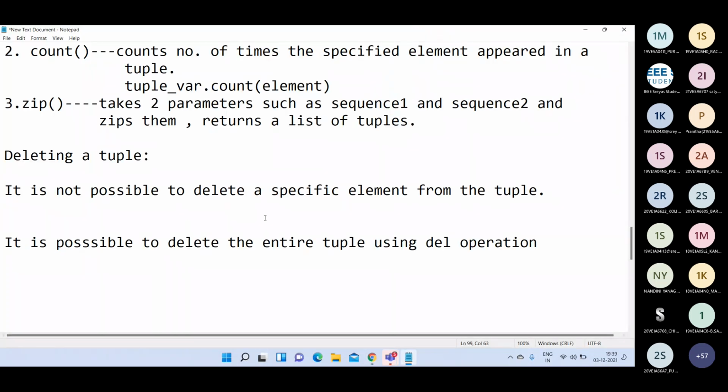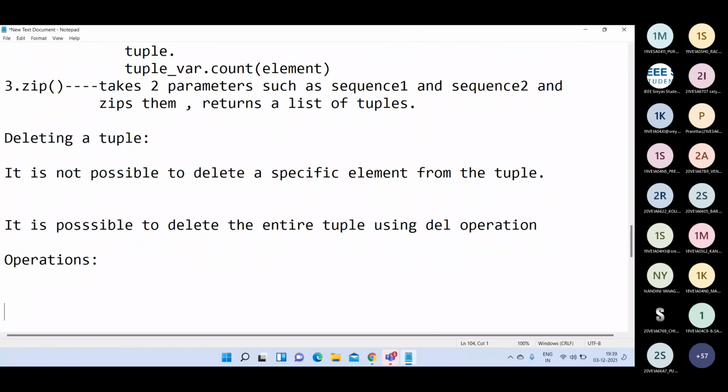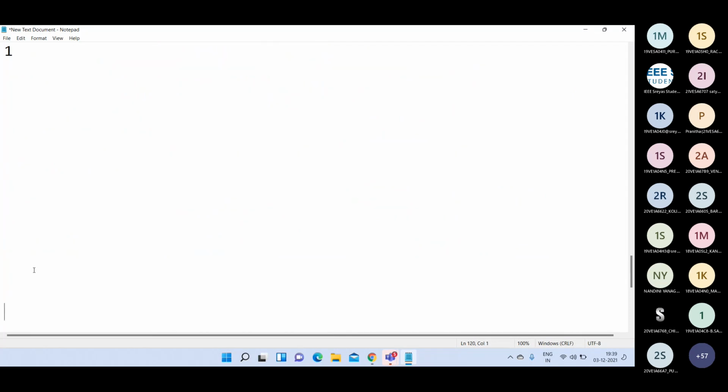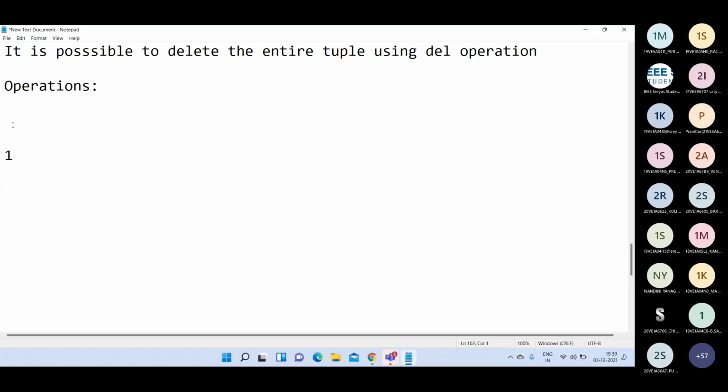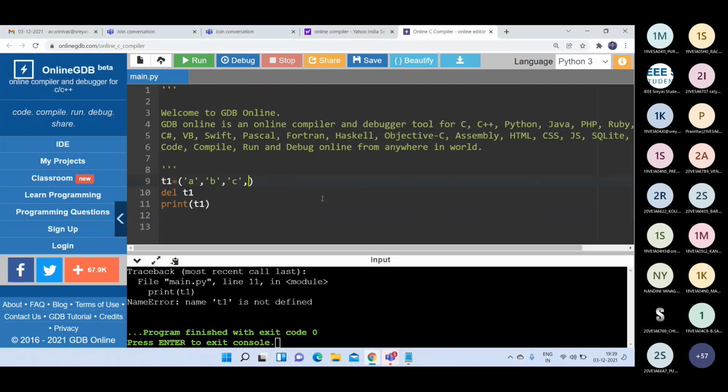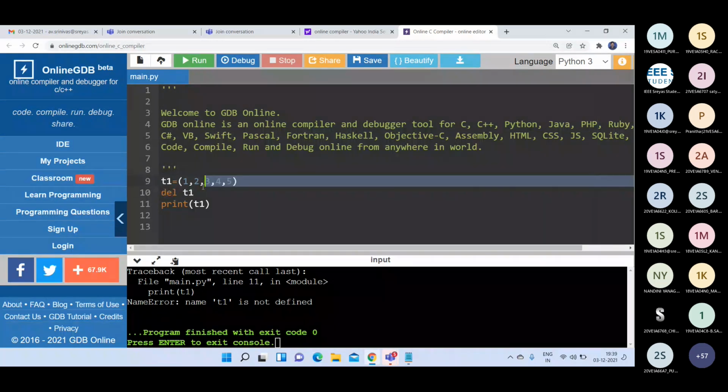Now, similar to lists, here also we have some operations. What are the operations we have seen in lists? Max and min, sum, and length. The same we perform on tuples also. I told you, all these 4 operations we perform on almost all data structures in Python.